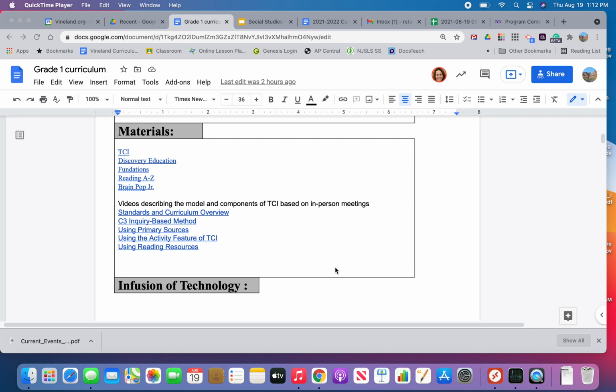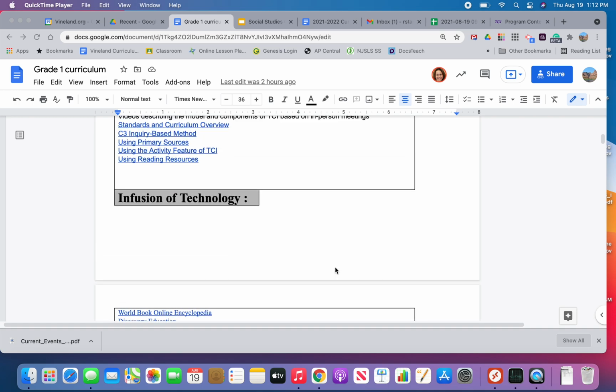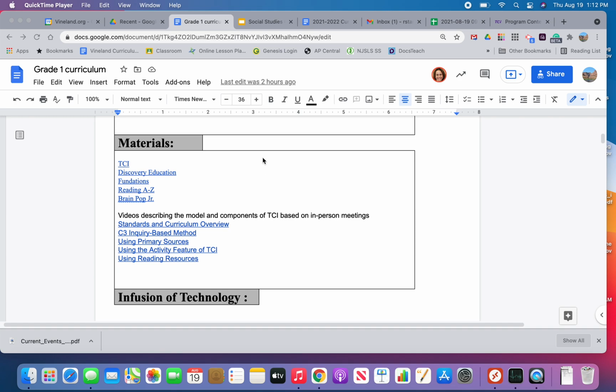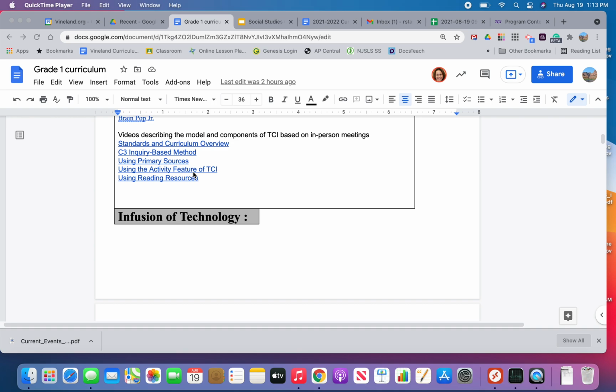So I included some materials as well as some different infusions of technology, and the basic materials include the TCI textbook as well as other things that have been purchased for teachers at the district level, like Discovery Education, Foundations, Reading A to Z, and Brain Pop Jr. I've also included some videos that I've made of how to use the TCI components as well as the model,